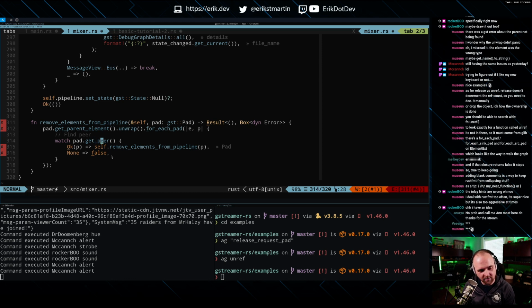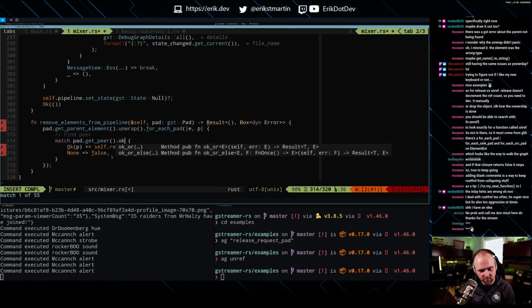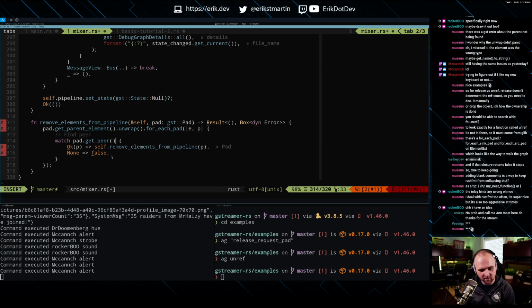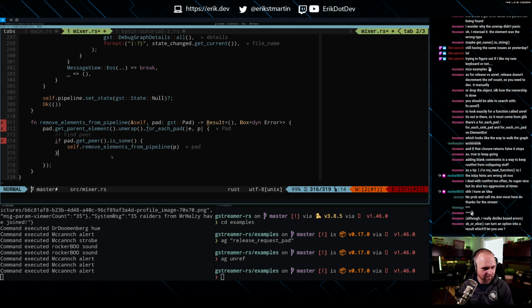Is that really what we want then? Because this has like a dot okay, or no, that's not what we want. All right, it's some or none. It's some or none, right? So I don't really care about the none case, right? I just want to match on if pad.getPeer is some, then I want to do this, right? And I'm going to just return